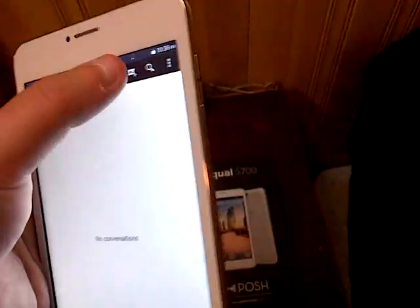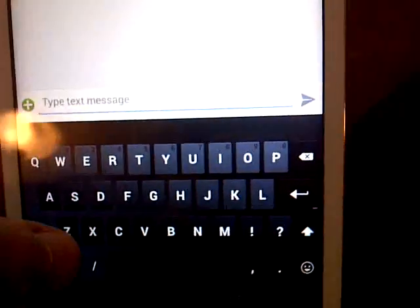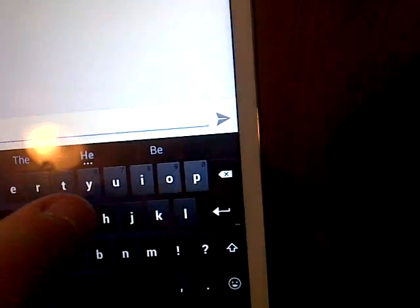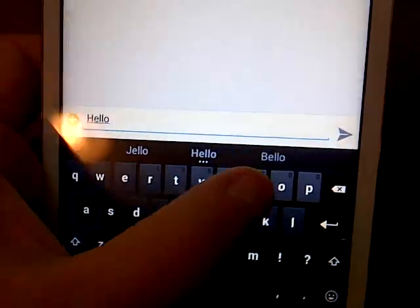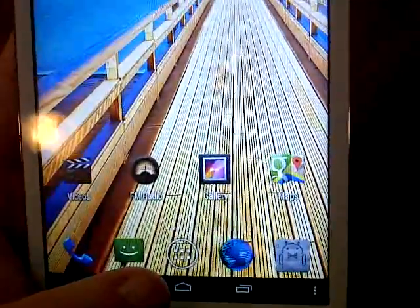We'll attempt to create a fake message here, as I don't have a SIM card in it currently, to test how responsive the text is. Hello. I think it's quite responsive. Now, if you do hate that sound as I do, you can go into your settings and remove the